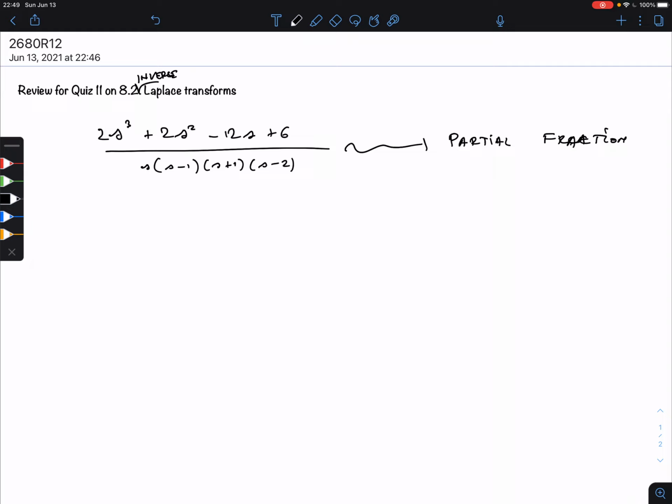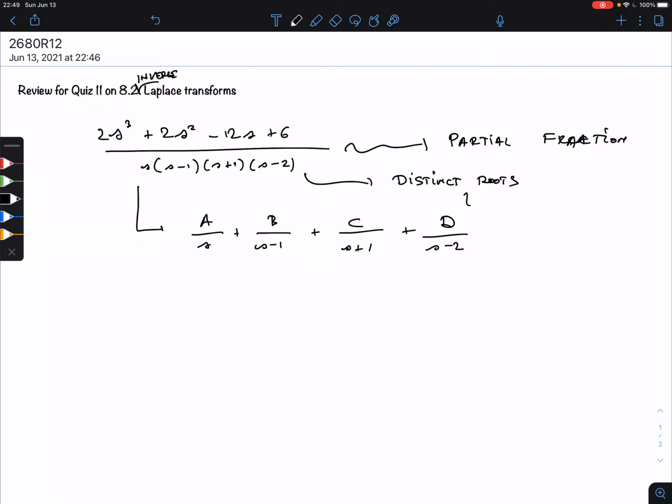So we know that the partial fraction will be of the form A over s plus B over s minus 1 plus C over s plus 1 plus D over s minus 2, and then we have to find this A, B, C, and D. Now, the good thing is these are all distinct roots. And in this case, and only in this case, we can use the so-called Heaviside method